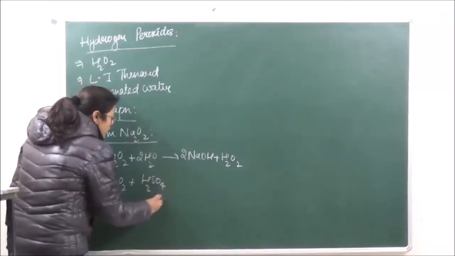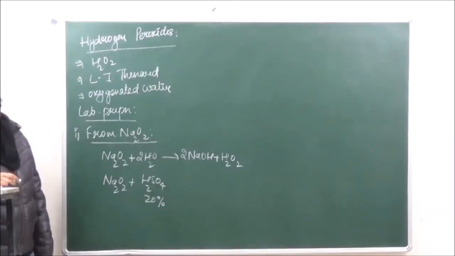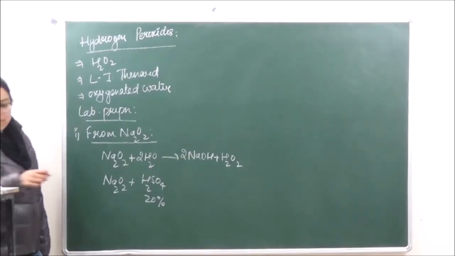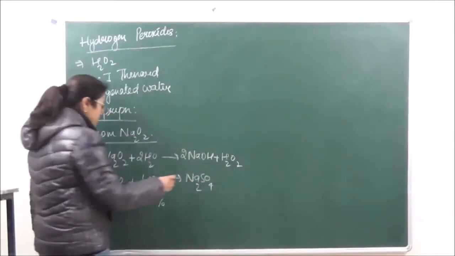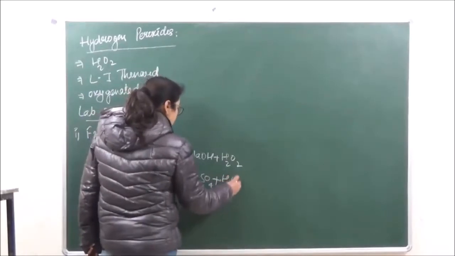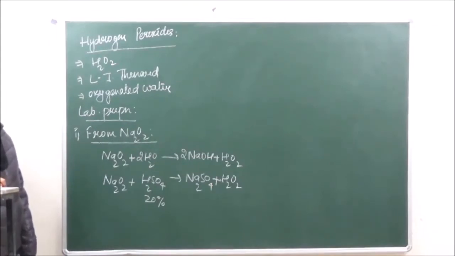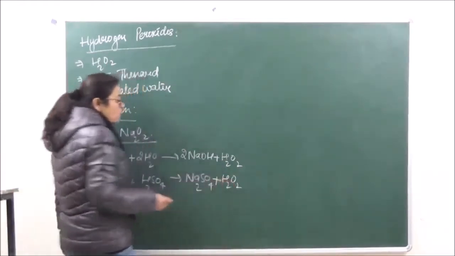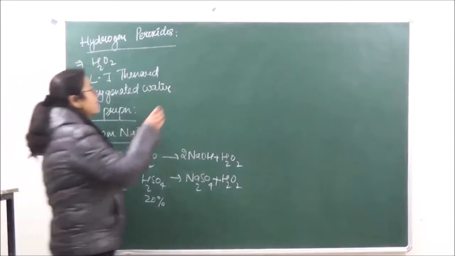The concentration of H2SO4 taken over here is going to be 20%, and also we are going to reduce the temperature so that the solution is cold, such as to get sodium sulfate plus H2O2. ठीक है? फिर उसके बाद solution of hydrogen peroxide that is always going to consist of dissolved sodium sulfate. So over here the H2O2 which we get is not absolutely pure. It will always have a certain amount of sodium sulfate. Okay?